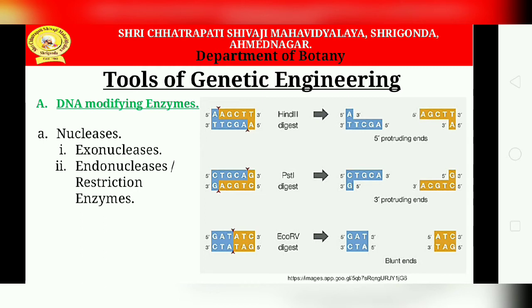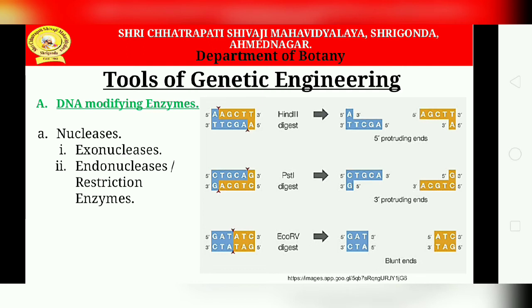In the picture we can see that type 2 restriction endonucleases are most commonly used in genetic engineering experiments. The most popular enzymes are EcoRI, HindIII, and PstI. There are many; more than 3000 restriction enzymes have been studied till today, and almost 600 of these are commercially available in the market.